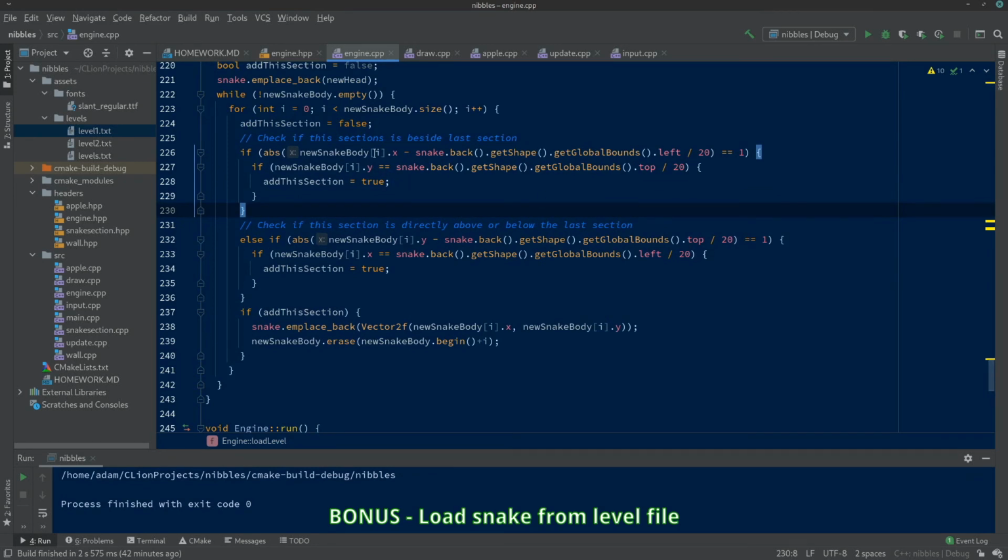Anyhow, we're iterating over every section in our new snake body. We're checking if it's horizontally beside the last section on our good snake. And if it is, we check if it's on the same Y coordinate, so if it's horizontally beside it. And if it is, then we say, yeah, let's add this section. But if it's not, we'll check if it's vertically beside our good snake, so if it's above it or below